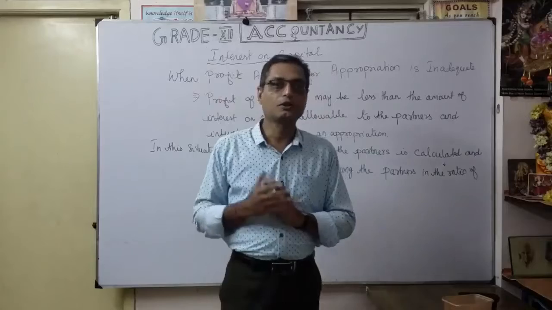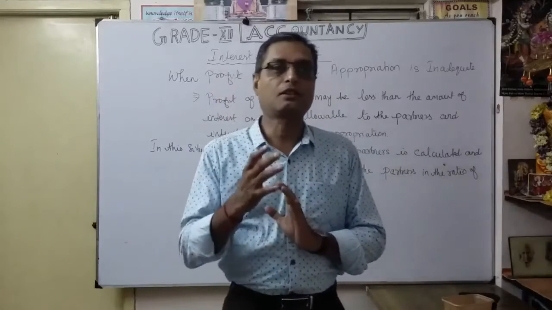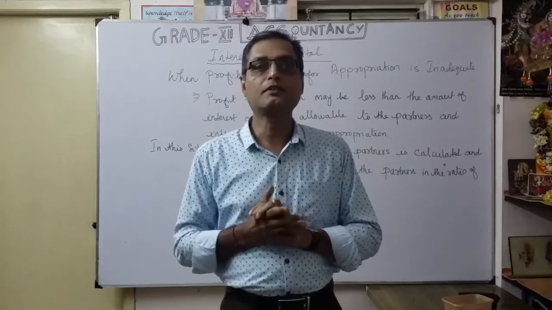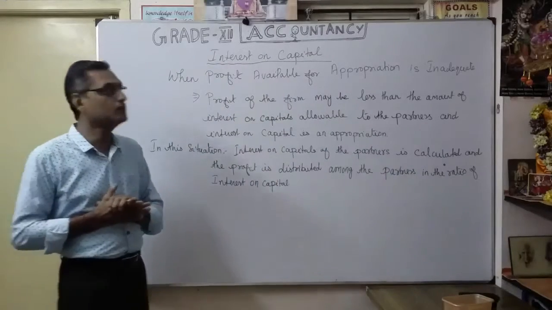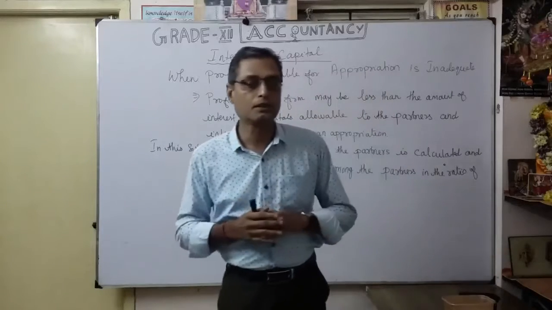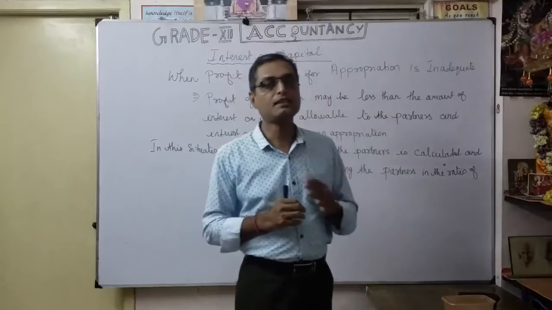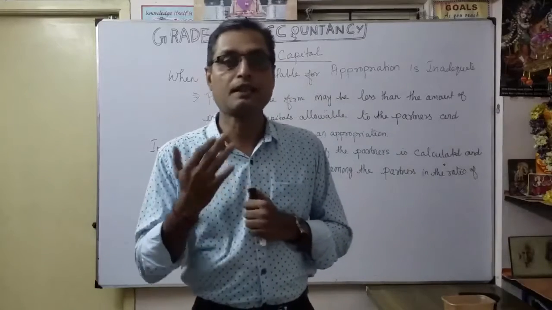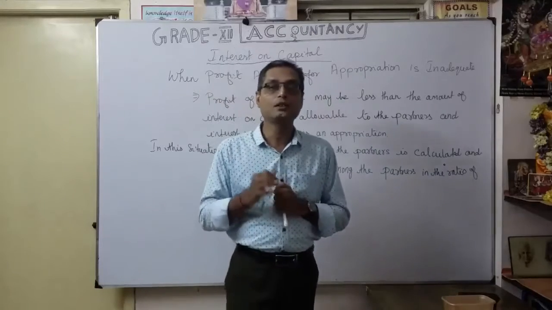Okay. So in the previous video we already discussed interest on capital, the calculation of interest on capital. Today we are going to continue. There are three very important things. First, interest on capital when the profit available for appropriation is inadequate. For example, profit is available, but interest on capital is more than the profit. Second, when additional capital is introduced or reduced, how you are going to calculate interest on capital. Third, usually interest on capital is calculated based upon opening capital.